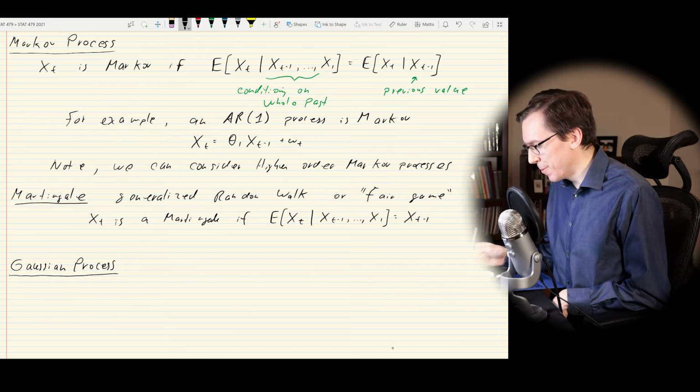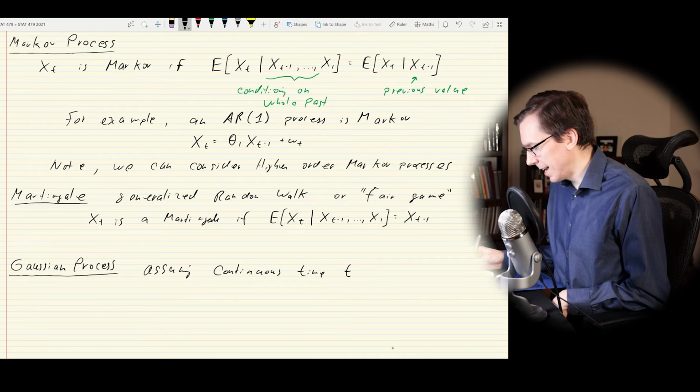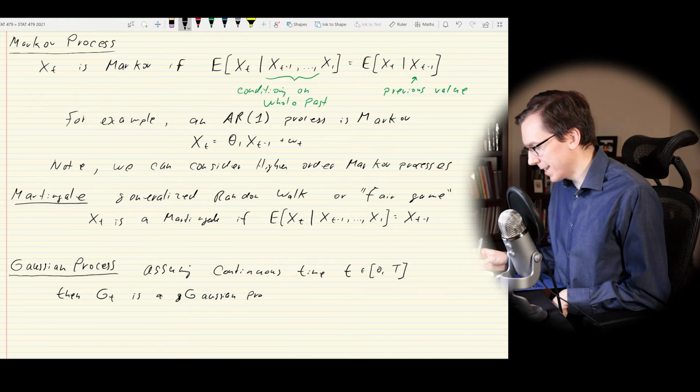So for the moment, I'll say, assuming continuous time t in, say, 0 to capital T, then I'm going to write G_t for a Gaussian process